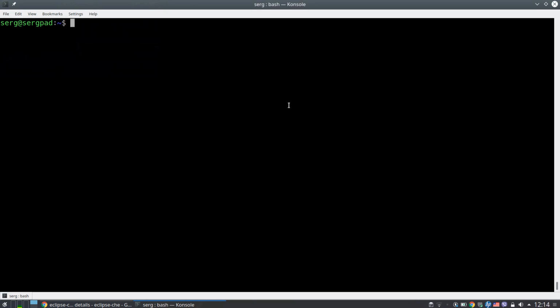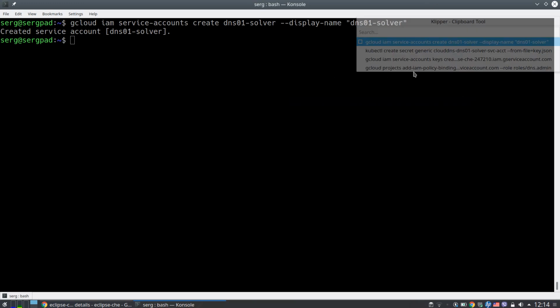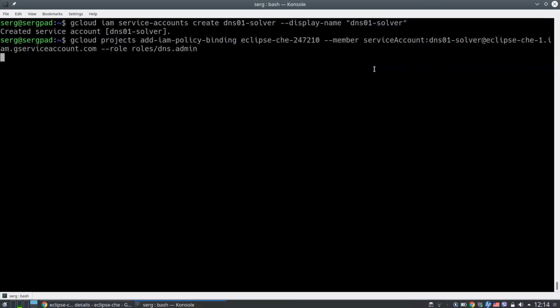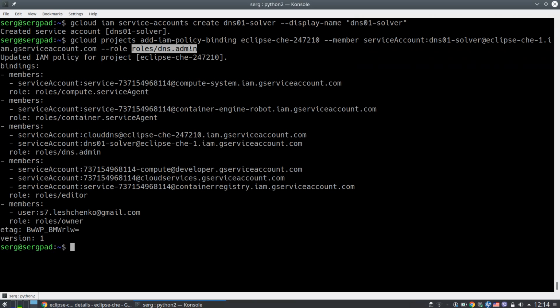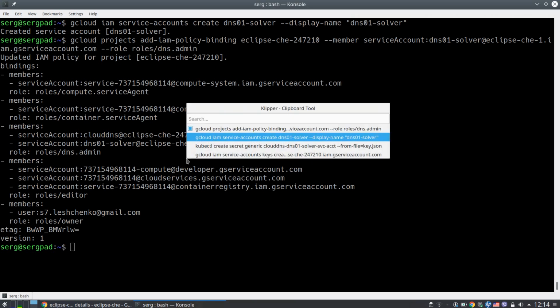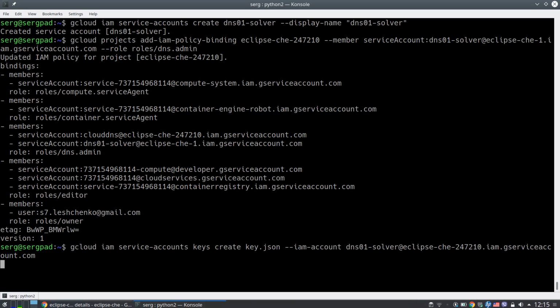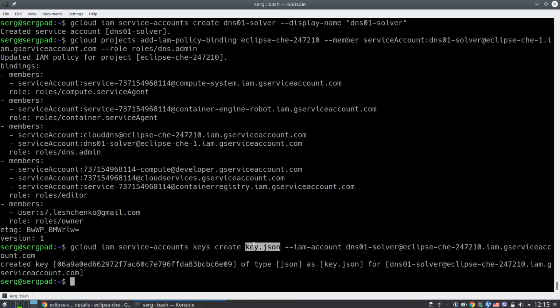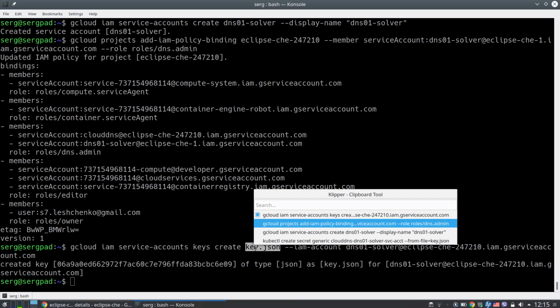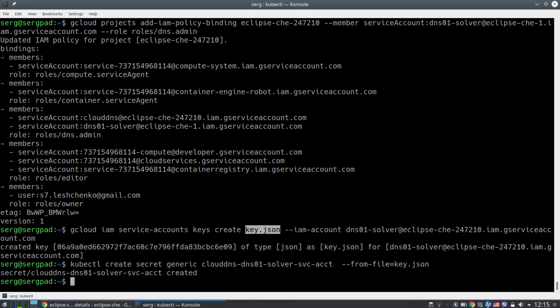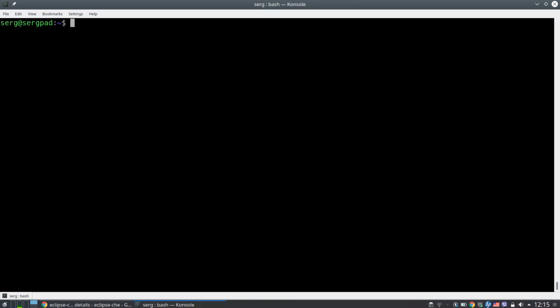To automate the process of performing the DNS challenge, we should provide credentials for our Cloud DNS to Certificate Manager. To do it, we create a special service account. Then we assign the Cloud DNS admin role to it, export a secret into a JSON file, and then just create a Kubernetes secret with it. It's created and it's time to deploy